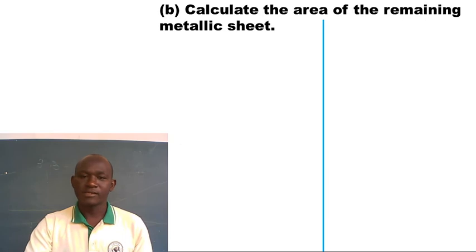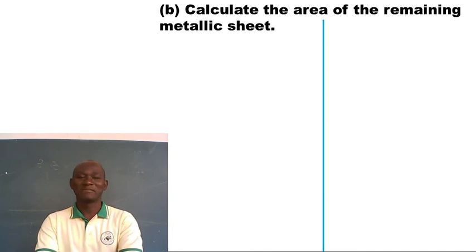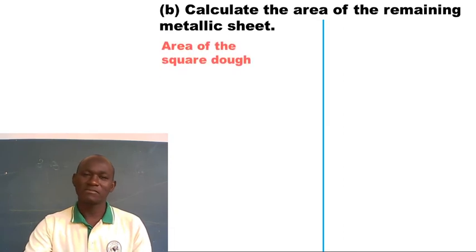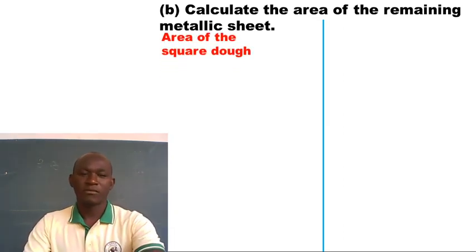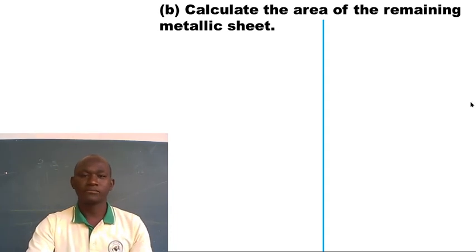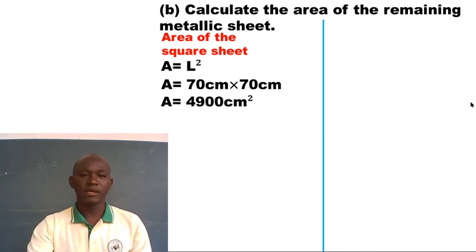We can continue to the next. Calculate the area of the remaining metallic sheet. Still from that, you need to get the area of the square sheet first. After getting the area of the square sheet, which is 70 times 70,